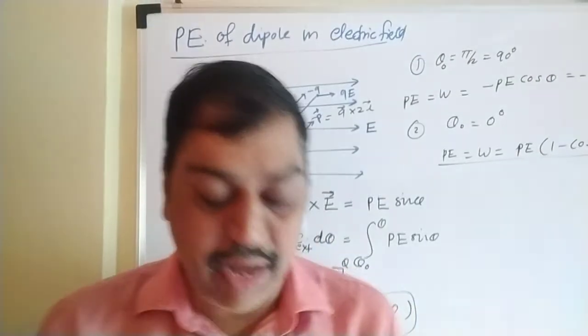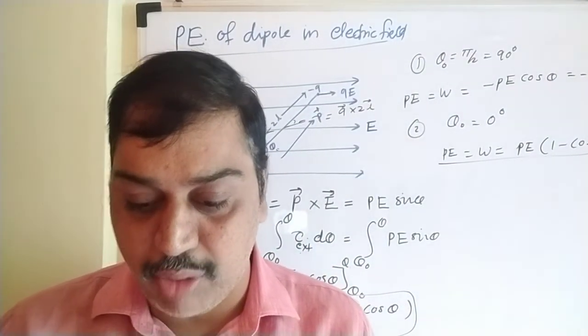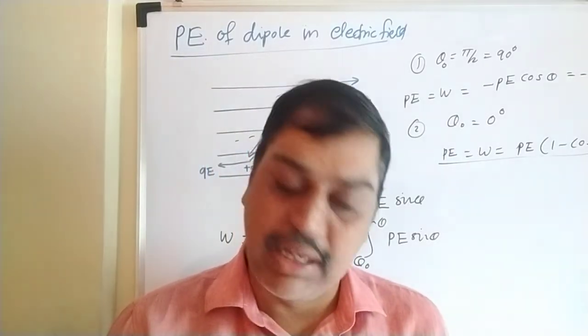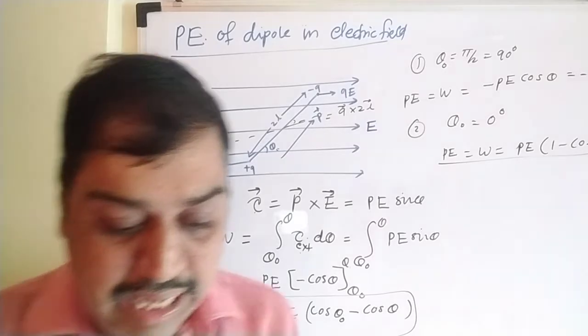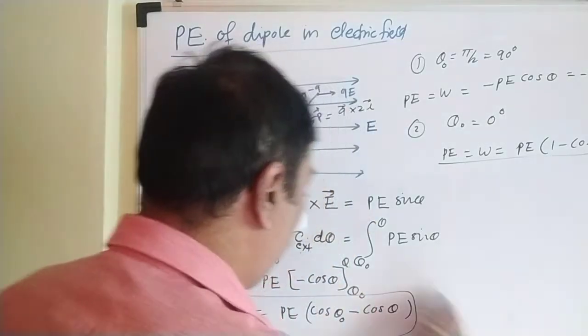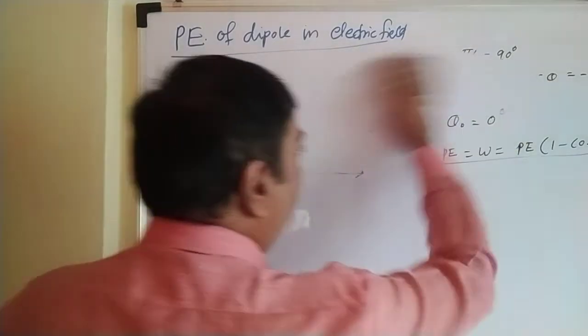The next two topics, they have just removed this topic this year. That is conductor, insulator, free charges and bound charges inside a conductor. That topic is skipped this year. Let's go directly to the next, 8.8, dielectric and electric polarization. What is meant by dielectric and electric polarization, that we have to see.